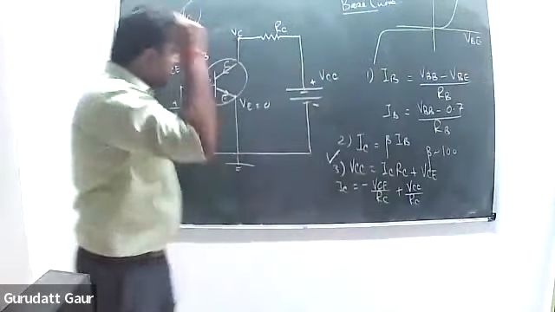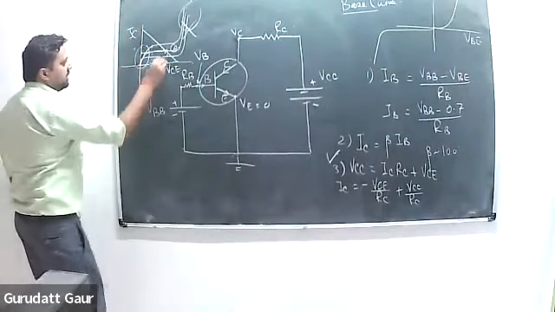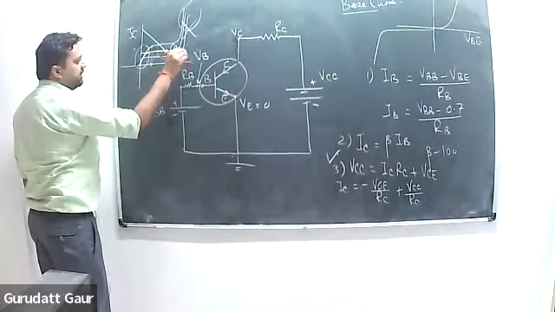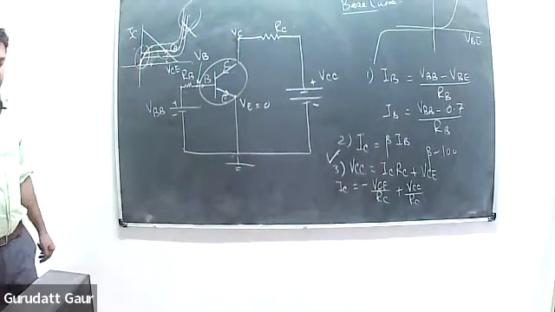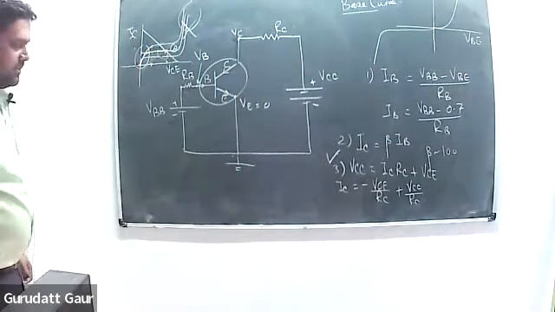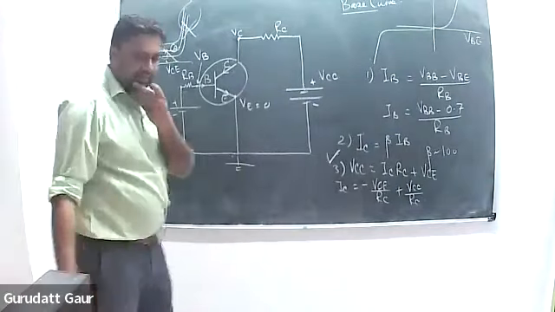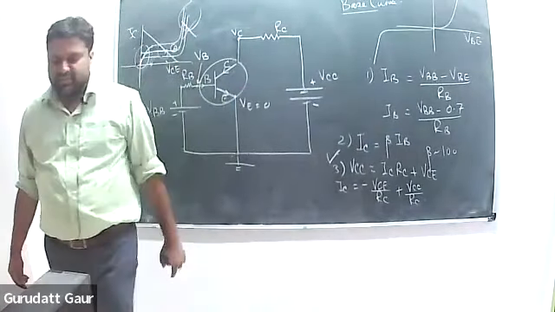Varying a lot का मतलब क्या है? That this Q point is not fixed. You may leave this active region and you may land up in the saturation region or in the breakdown region. Right? And if that happens, एक भी transistor अगर तुम्हारे IC में खराब हुआ, then the whole component may